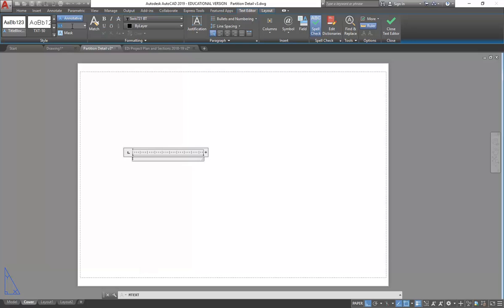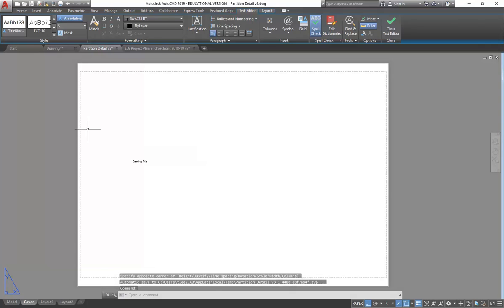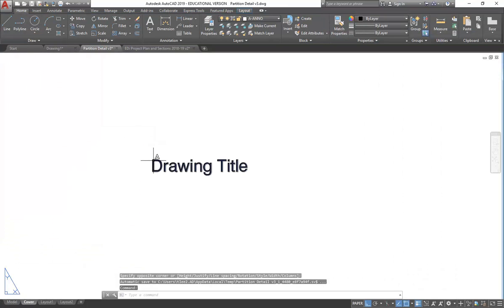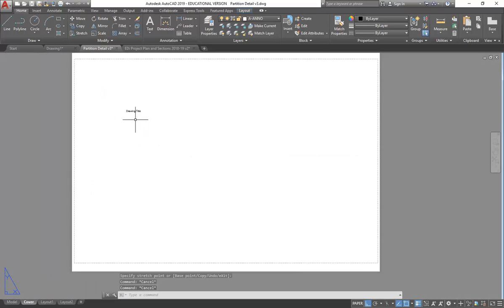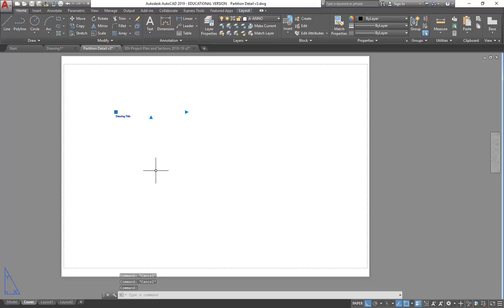So my text is 3.5, which is good for a lot of things, but for a drawing list, probably a bit small. So I'm going to type in 5 there. And you can see then as I type, I'll just put in drawing title. So nothing special, I've just got a block of text there. But you've got to just make sure that's working, and then you can make a drawing list simply by having text like this, which you can then copy and modify for your headings. So I'll just copy that across